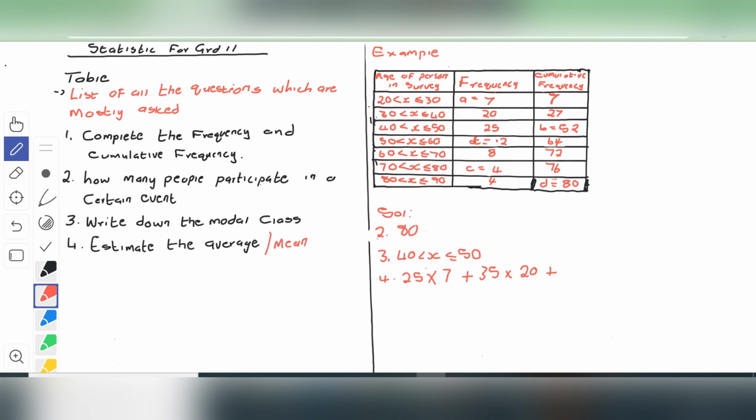plus 40 to 50. Obviously I go by the width of 5, so I add 40 and 5, which gives us 45, multiplied by 25 people, plus for 50 I add 50 and 5, which gives us 55, multiplied by 12, plus 65 multiplied by 8, plus 75 multiplied by 4, plus 85 multiplied by 4,